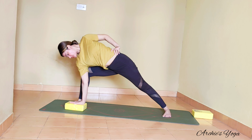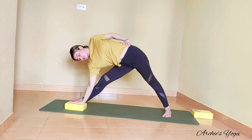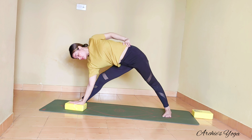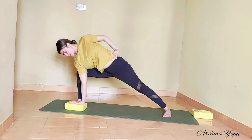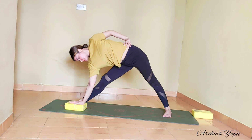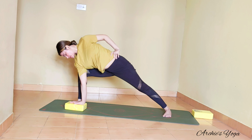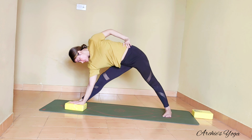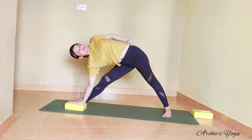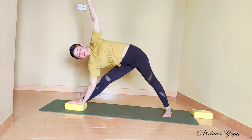Push hips forward so you lengthen the spine and then try straightening the knee, pushing hips up. So knee bend, no change on the feet, just raise the hip up to straighten the knee. Knee bend, hips reaching up to straighten, turning chest upward, and then see if you can raise left arm up